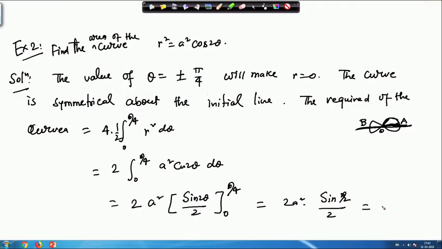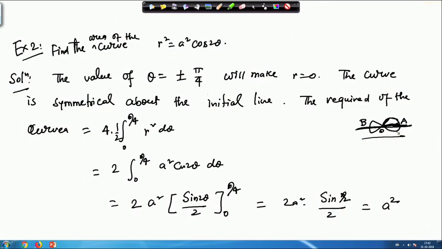So that means this will ultimately be a square. Yes. So the required area of this, which is also called the Lemniscate of Bernoulli,